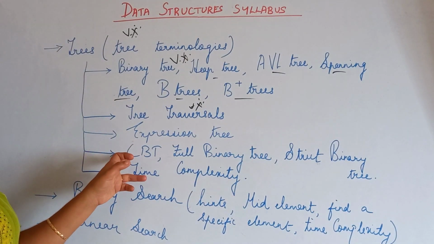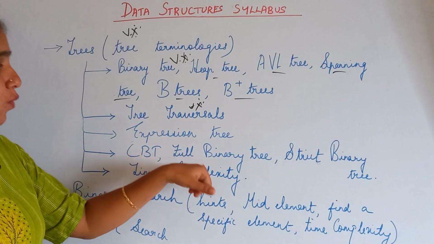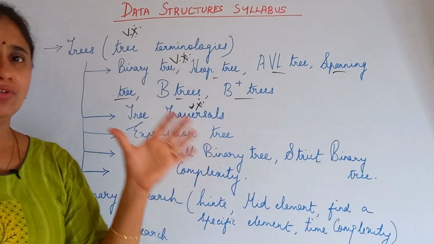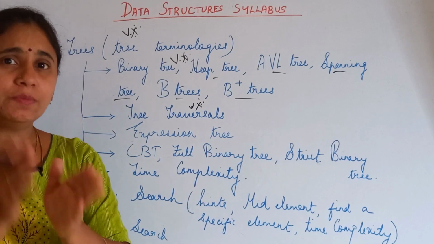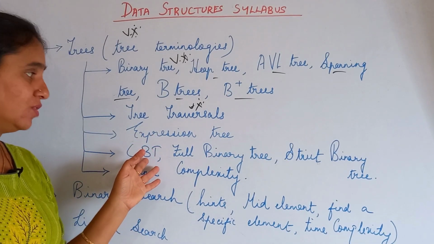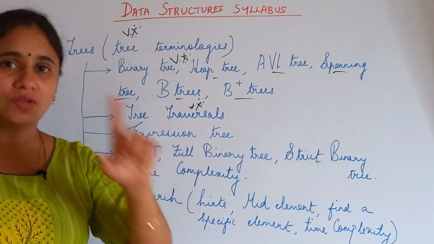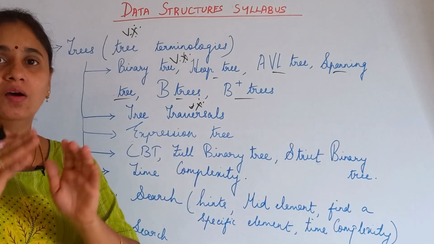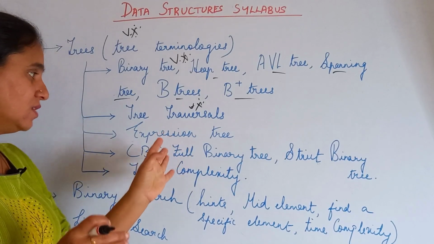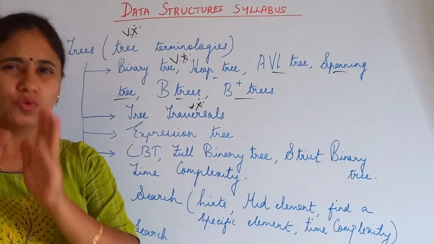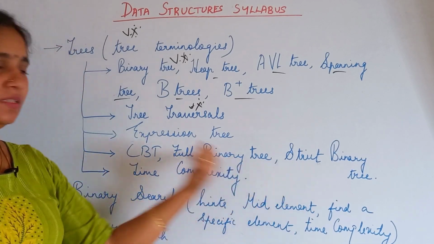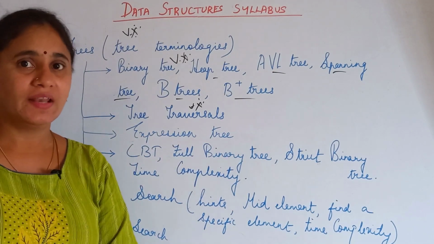Next is this one, CBT, full binary tree and strictly binary tree. All these things we are going to have only a little bit of discussion. CBT stands for complete binary tree. How it gets implemented, what it is, and what a node present in a CBT or full binary tree is, only these things we are going to discuss. You will get only a minimum number of questions in this, so that I will tell you, right?